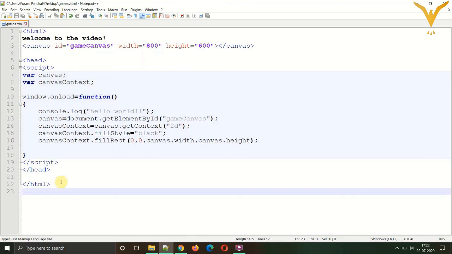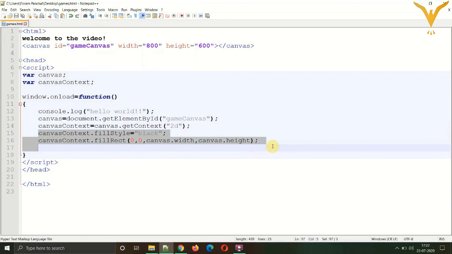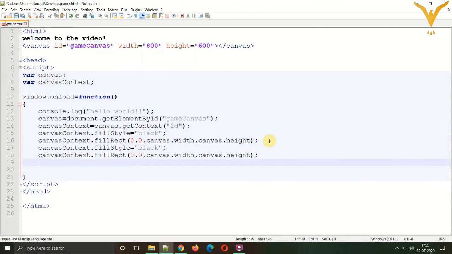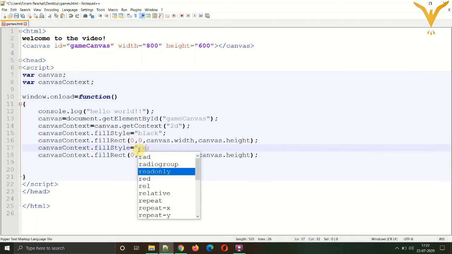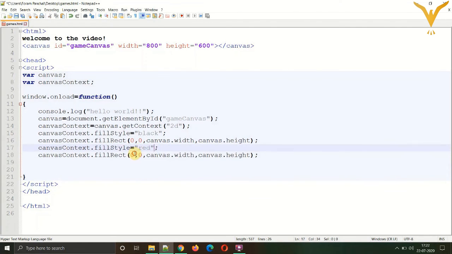Let me create another rectangle to make you understand that. Just copy and paste it one more time. Let's change the color to red, and let's have this rectangle 100 pixels from the left and 200 pixels from the top, 50 pixels wide and 25 pixels tall.